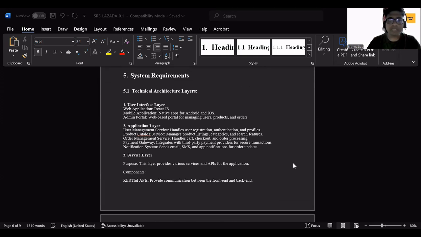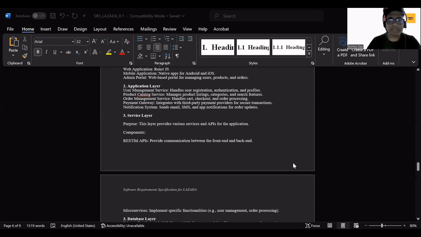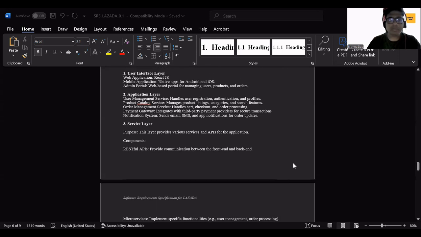The mobile application will use native apps for Android and iOS. Admin portal, a web portal for managing users, products, and orders. So this will be used for the admin portal. The application layer will have different services which will be integrated using APIs. Some of the application layer services are: user management service, which handles user registration, authentication, and profiles; product catalog service, which manages product listings, categories, and search features;